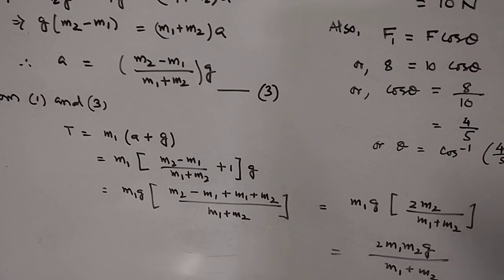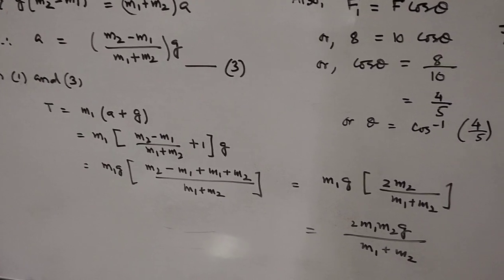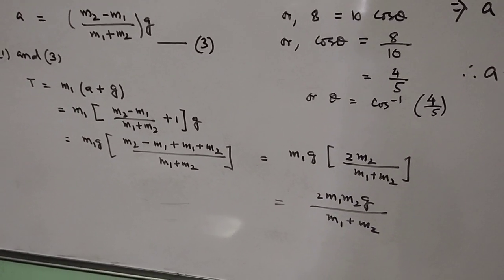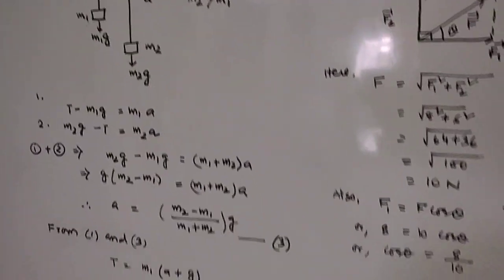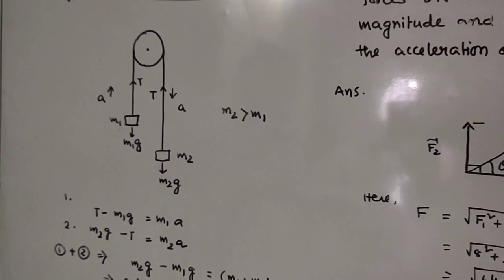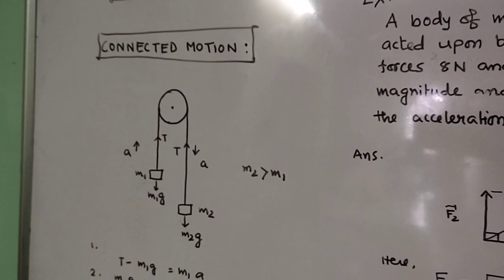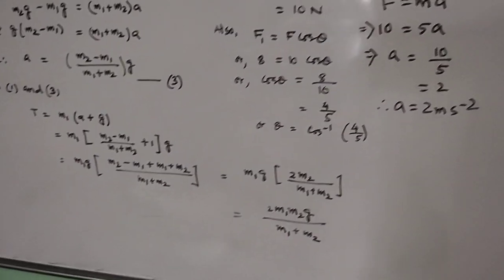So m1g times 2m2 by (m1 plus m2), so it's 2m1m2 by (m1 plus m2) times g. So this is the tension experienced on the string, and this is the acceleration by which the mass moves up and down. These formulas are very important for the numericals, and we are going to check a few numericals